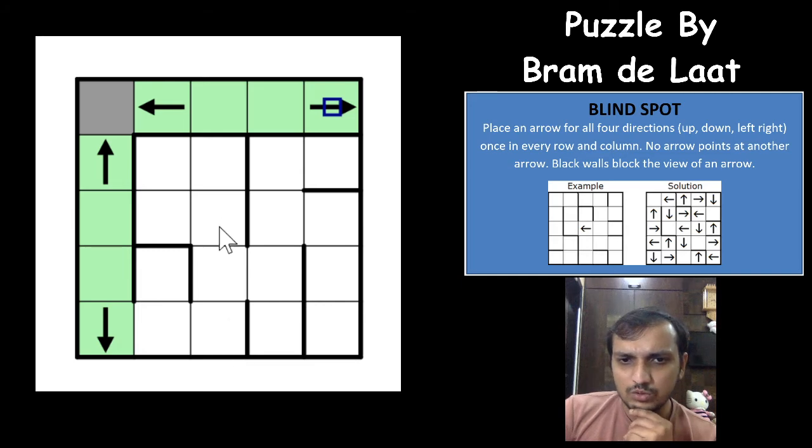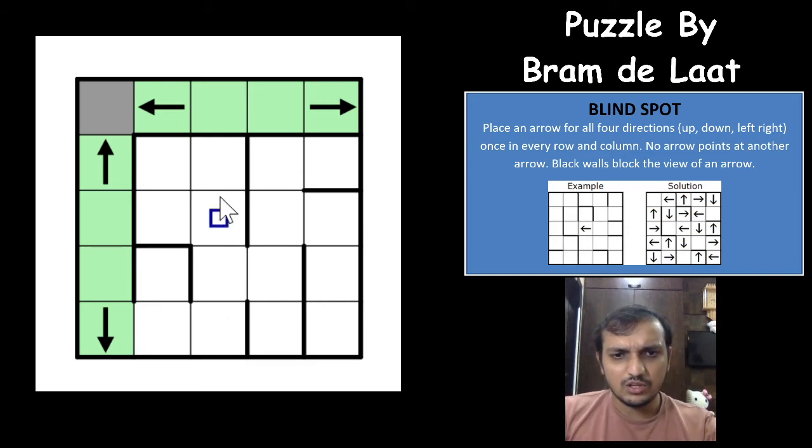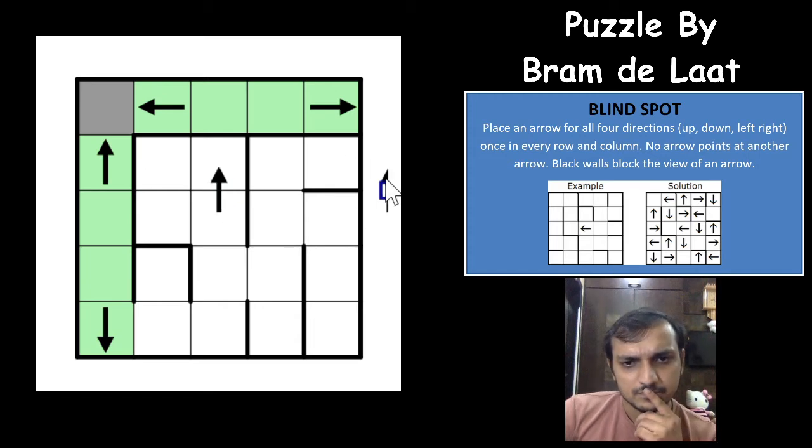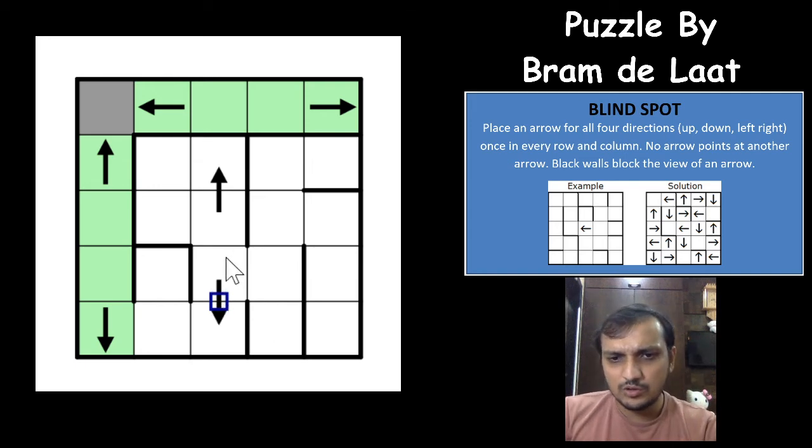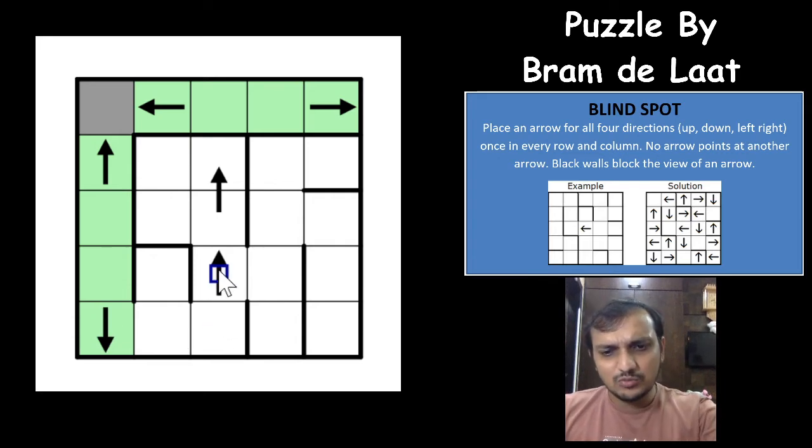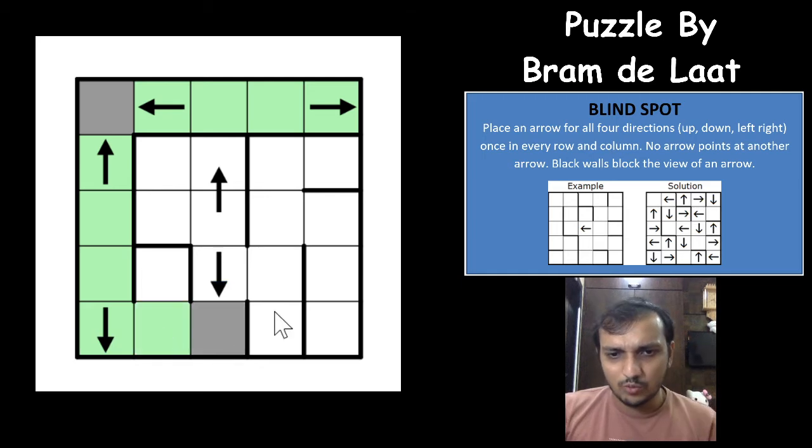The upper arrow can be in one of these two cells, right? The upper arrow here can be in one of these two cells. So you can have an arrow here as well, that is still possible. The lower arrow will have to be in one of these two cells, right? This will have to be the lower arrow. Okay, so you already have a lower arrow here, and which means that this cell cannot have the lower arrow, and which means that this cell would have to be the lower arrow, and you cannot have anything here. Wow, that is excellent.